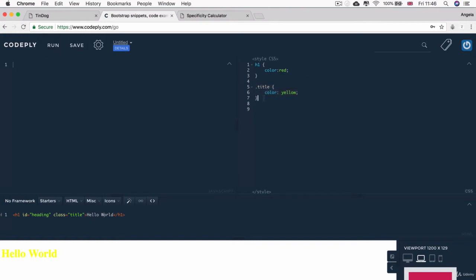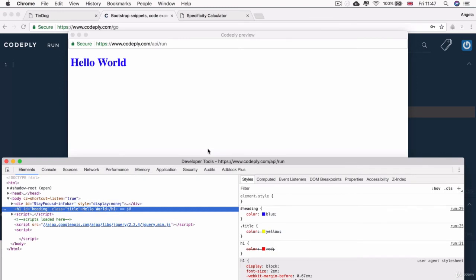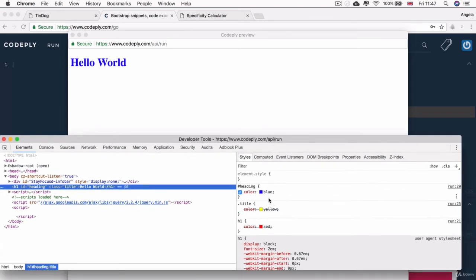Now, finally, if I decided to change the color by using the ID, so let's target that ID heading and change the color to blue, and I hit run, you'll see that this has the highest priority of all. And our hello world will display in blue rather than any other color. And if we take a look at the Chrome developer tools over here, you can see that all our colors are being applied, but they're just being overridden by something with a higher priority. So that means that if this color change wasn't applied in the ID, so if we deleted this line of code, then it would go to the next highest priority CSS rule, which is the class, and finally